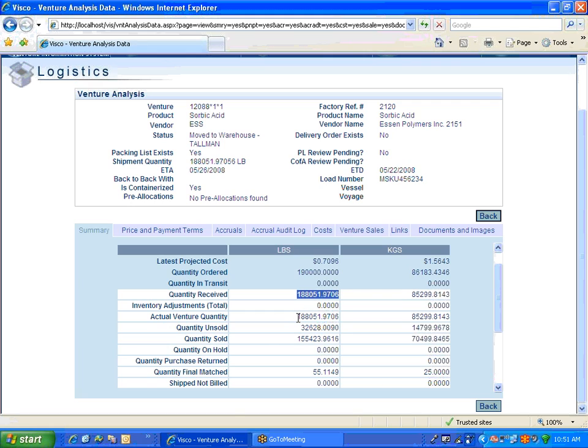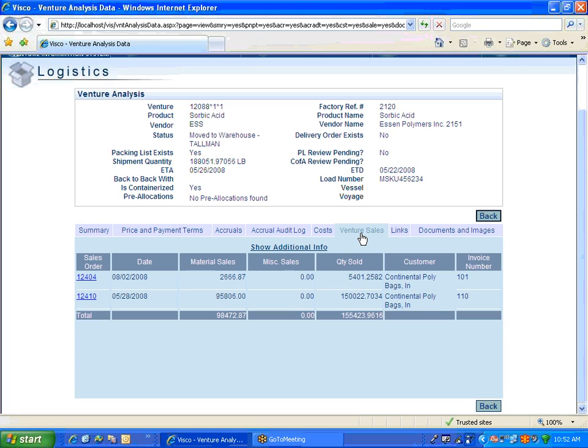So our actual venture quantity is 188,000. In this case we've sold 155,000. We still have a remaining 32,000 in inventory. But if we want to look at details about the sales aspect of it, we can see under this venture